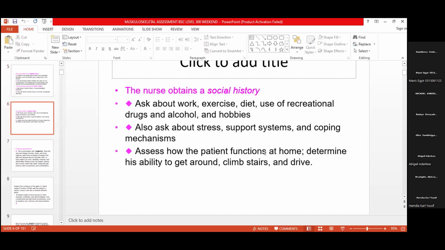Then your social history, whether you are the type who is active or you are the type who is very dormant. Are you working? How often do you exercise? Your diet, is it even a well-balanced diet? Do you use recreational drugs and alcohol? What are your hobbies? All these affect